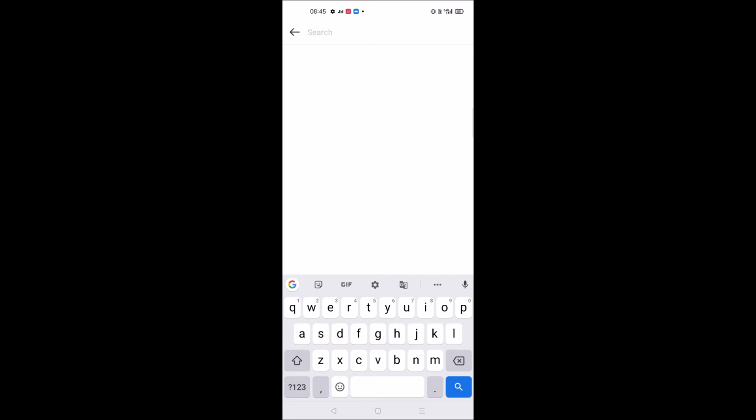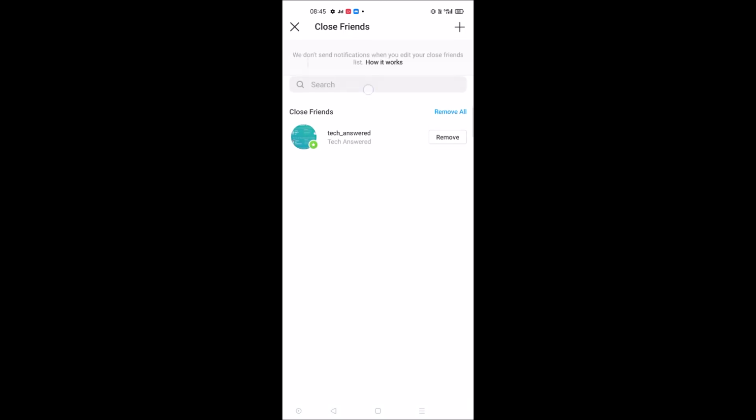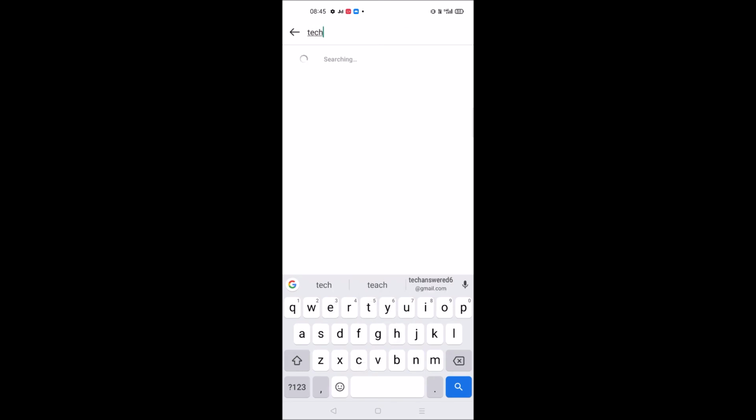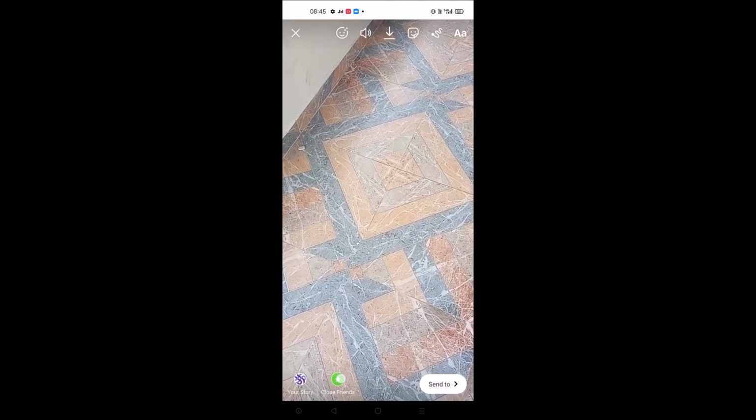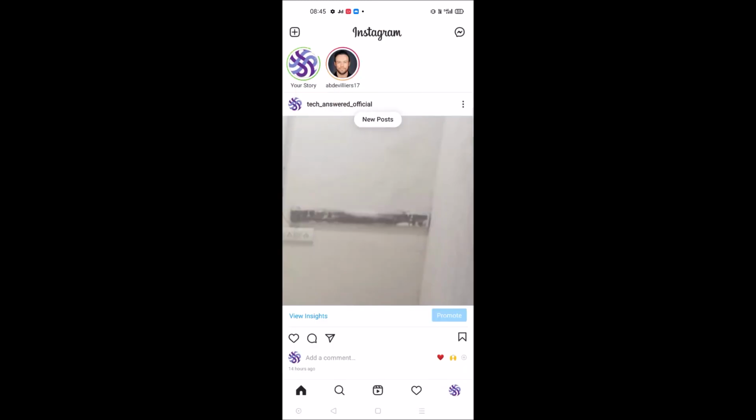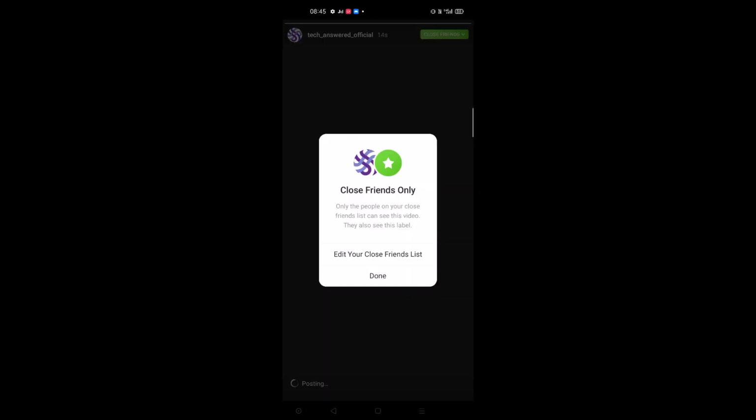story with. So you can search for anyone, and you can add them as a close friend. Once you did that, you can tap on close friends and the story is posted to that single person. So what I mean to say is you can choose one close friend and add them as a close friend and post this story, and your story gets posted. See here, close friends. When you tap on that, only a single person will be visible.